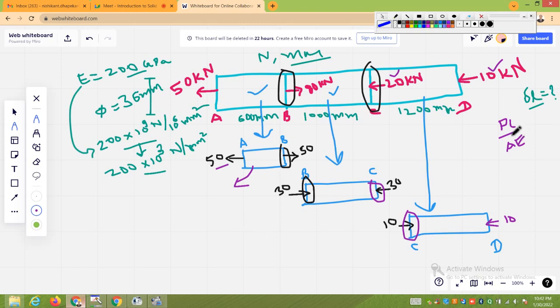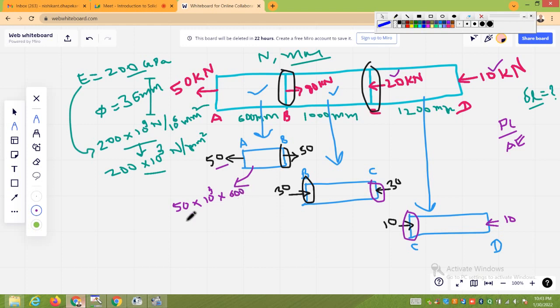So please apply this equation for AB. P will be 50 kilonewtons. I am using Newton and millimeter units, so you have to convert kilonewton to Newton as 50 into 10 to the power 3 newtons. P into length. What is the length here? Already given, 600